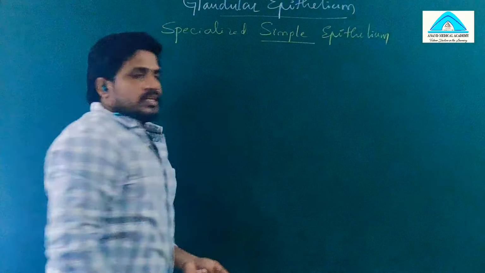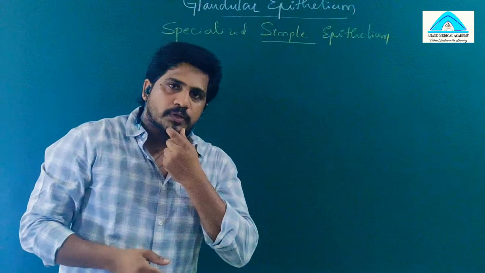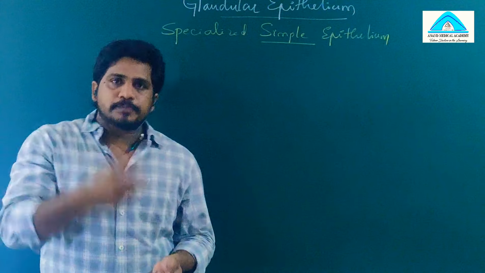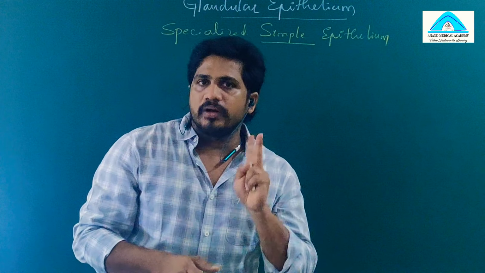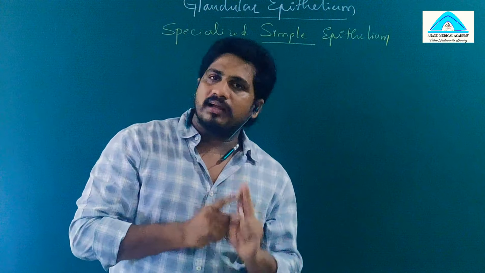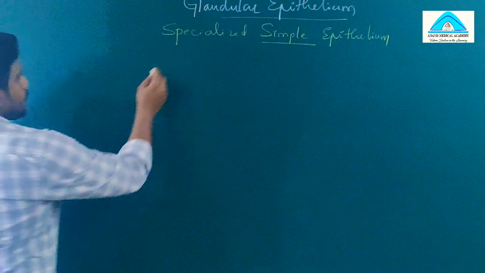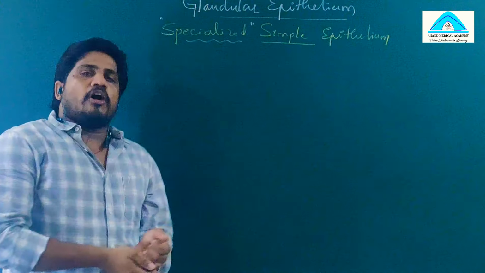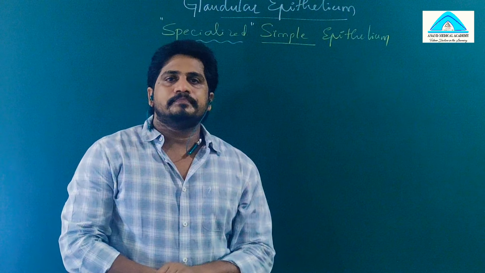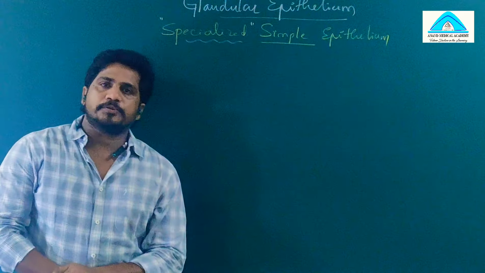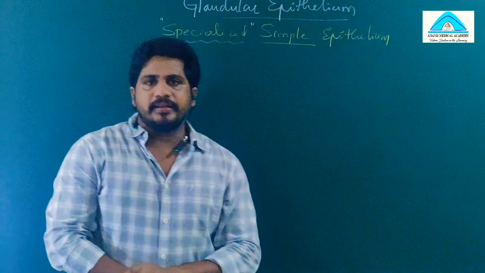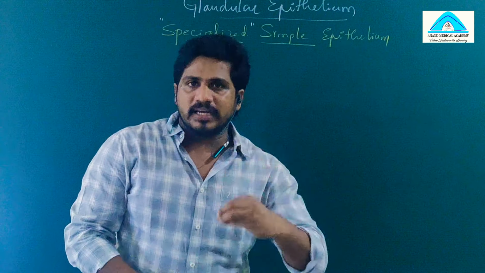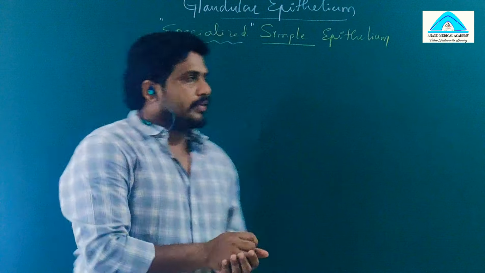In the case of simple epithelium, there are four types: squamous, cuboidal, columnar, or pseudostratified. Among the four, which type of cells can be specialized for the purpose of secretion? Only two, either cuboidal or columnar. Generally the normal function of epithelium is lining, absorption, reabsorption, movement, or transport of material. But here the entire glandular epithelium is secretory in function. What do they secrete? Let us see.